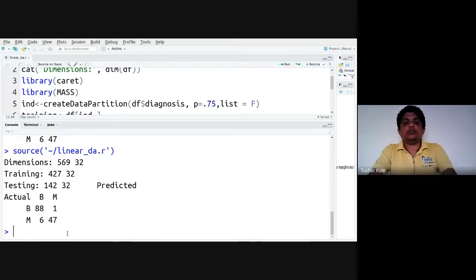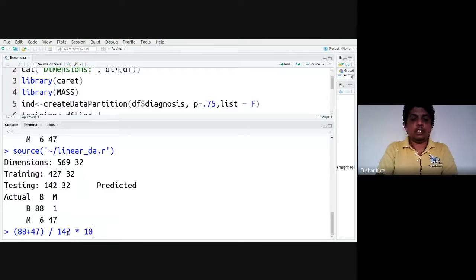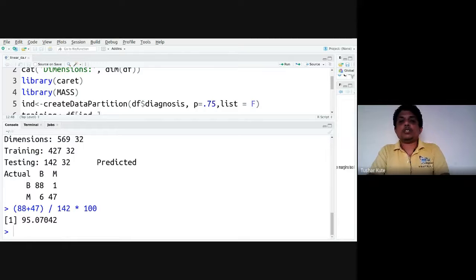So what's the accuracy of it now? Out of 142, 88 plus 47 divided by 142 into 100. 95% accuracy is there for linear discriminant analysis on this kind of data.